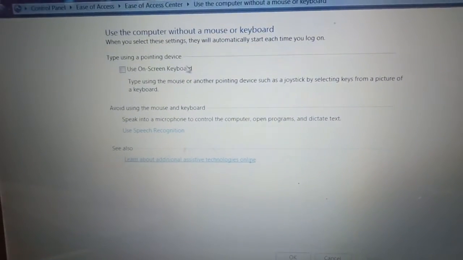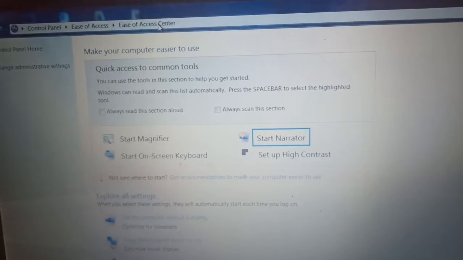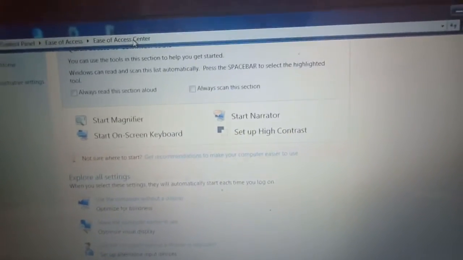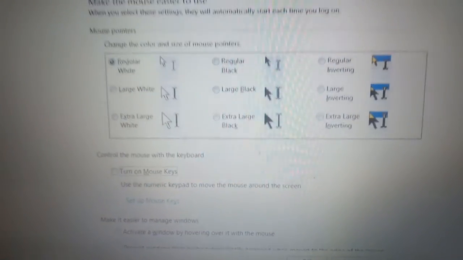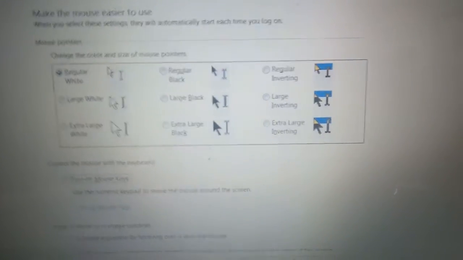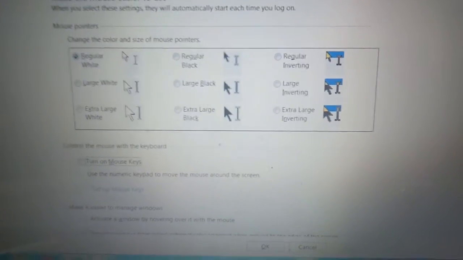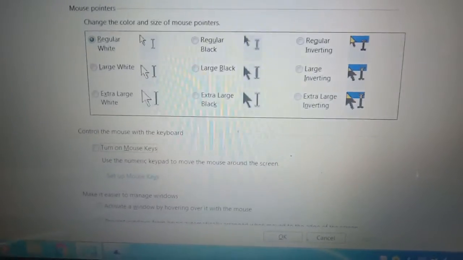The next option that you can see on the screen is Make the mouse easier to use. Just click on it, and you can have many other options. If you want to change the size of the mouse pointer, the look of the mouse pointer, or the color of the mouse pointer, you can do so from here, and you can change the mouse keys as you want.